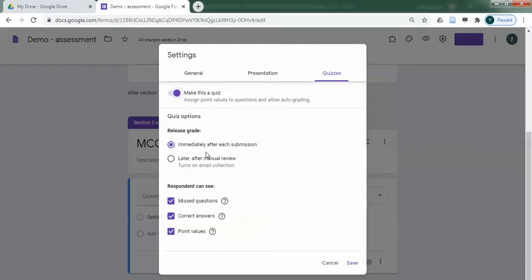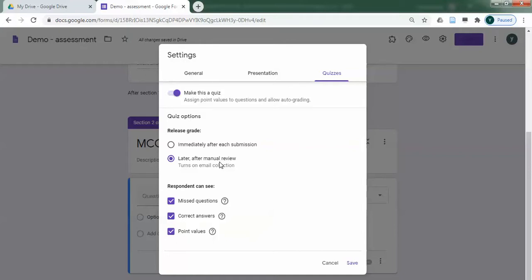If all your exam questions are MCQs and you want the students to know their marks immediately, you keep this on, or you can select this later after manual review. Sometimes some questions may be MCQs, some may be short answers or fill in the blanks. Google Forms will correct all the MCQs automatically, but for short answers and such, there are a few ways of telling Google how to correct it, but human involvement also plays a role there.